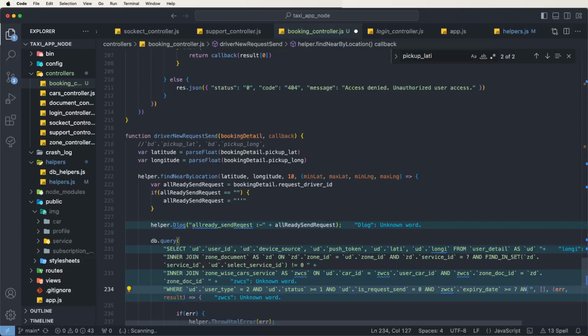Question mark and zwcs.status equal to 1, and need to call this zwcs.service_provide is equal to 1, and write down here the AND conditions. Need to check this here ud dot